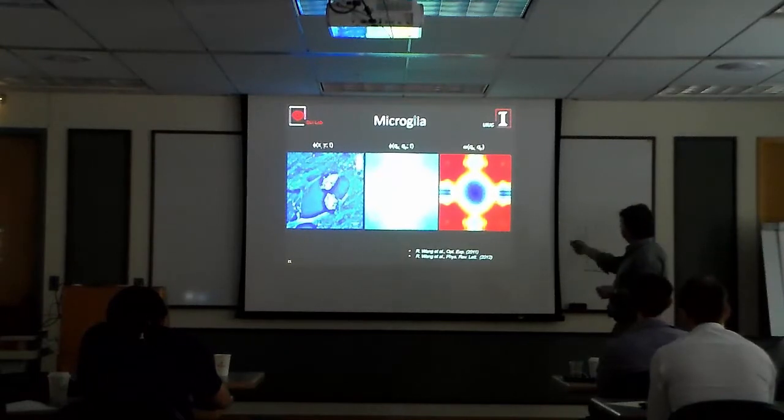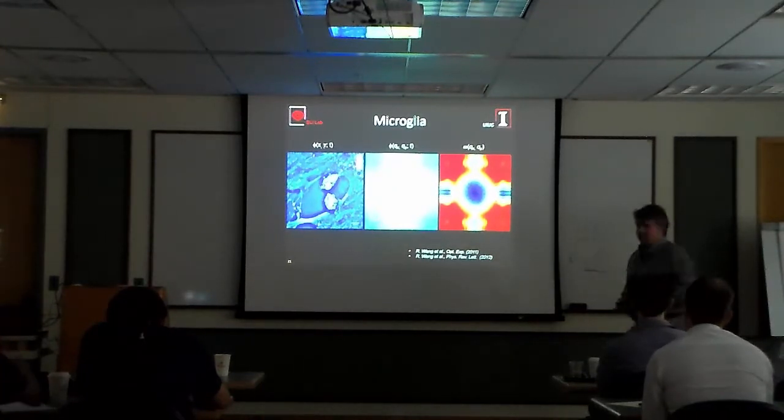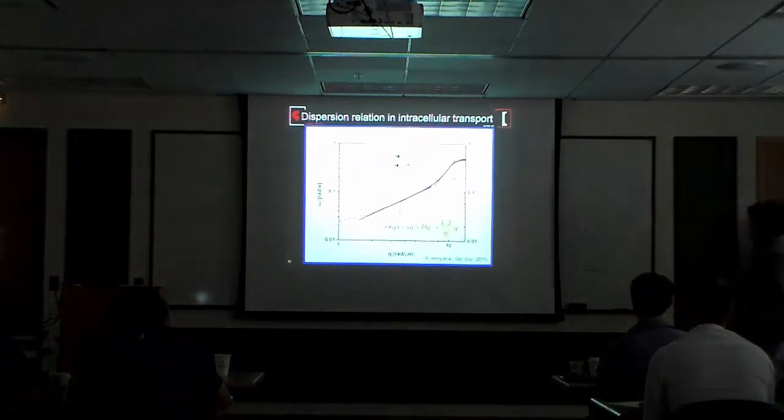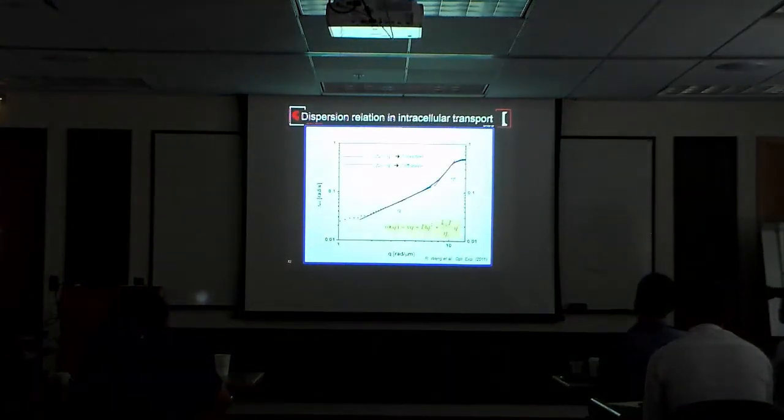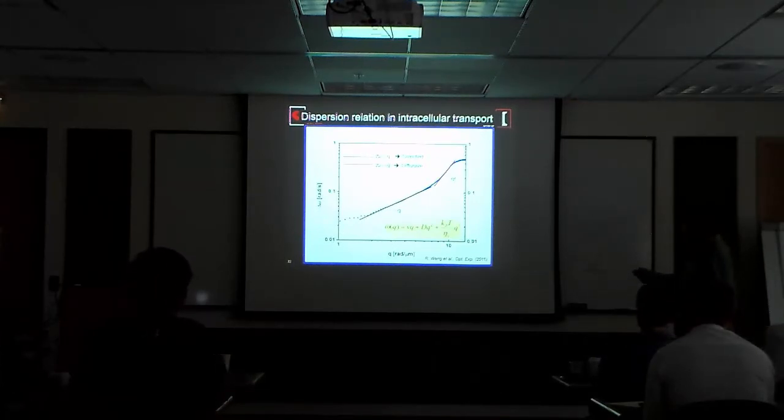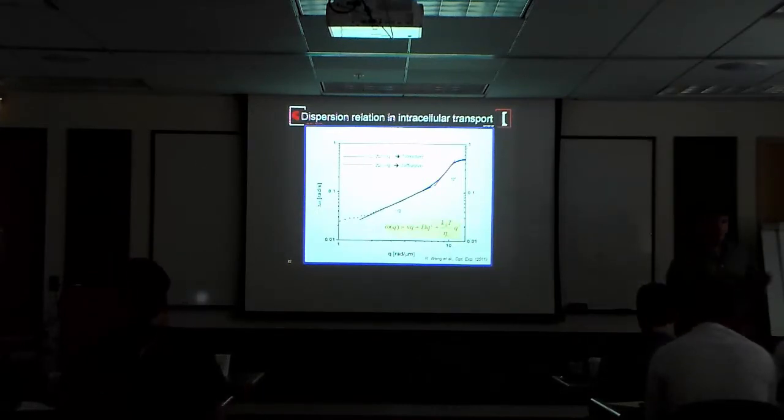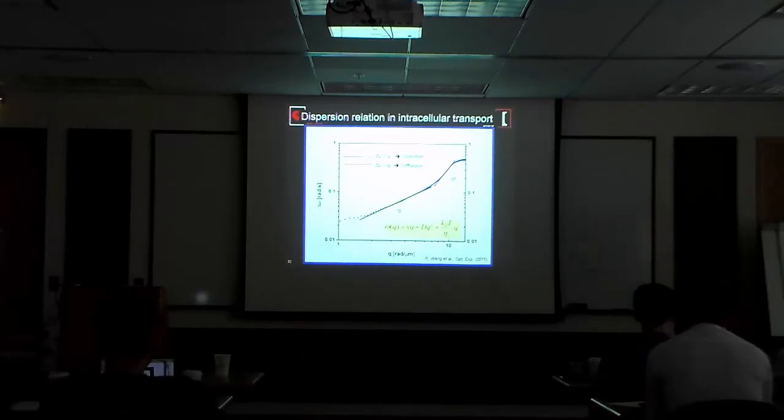But now let's plot this profile. So this is the origin. Let's plot omega versus q. If you do that, this is the curve that is pretty amazing. It's pretty universal for all the cells that we ever measured. It has a linear, this is a log-log plot, it has a linear component and then it has a quadratic component. And we model this, again, we worked with Alex Levine. If you model this with the diffusion equation and an advection term, meaning a drift term, the dispersion relation for that is exactly this, a linear term, this is the velocity, and then a diffusion term, which is quadratic.